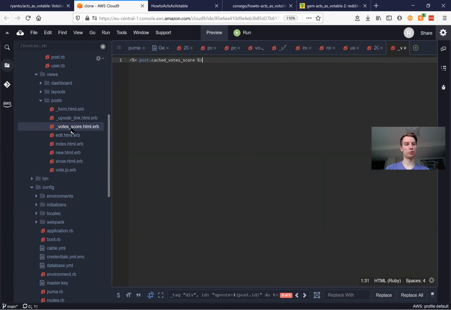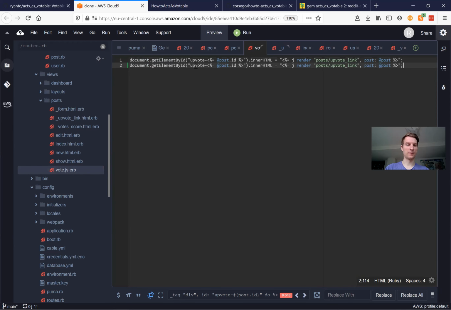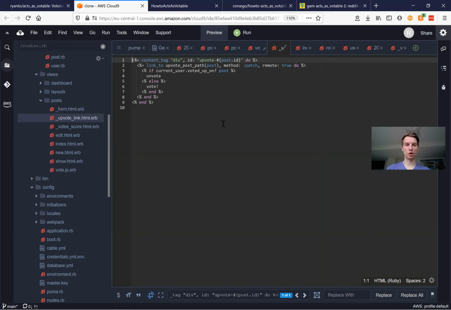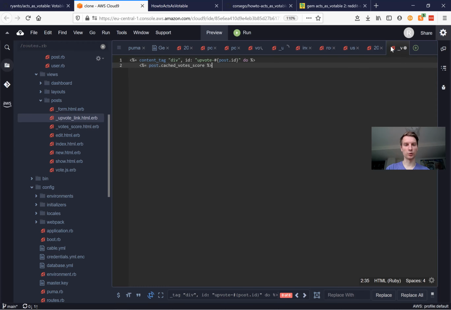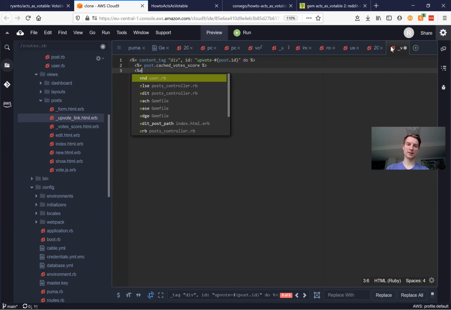Okay, and they're also going to render this partial in the same vote.js.erb. So we will say votes score for this post ID and render votes score. Okay, and we will also wrap this into a content tag, the same we did with the upvote link. We have this content tag, and we will wrap the post cached vote score into this content tag. So end statement,